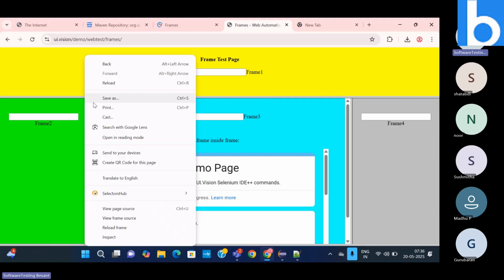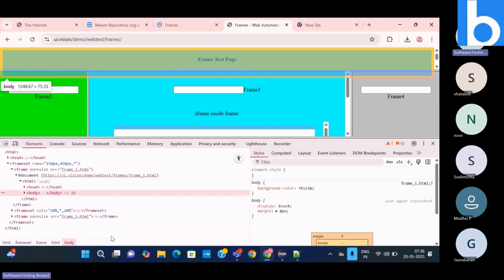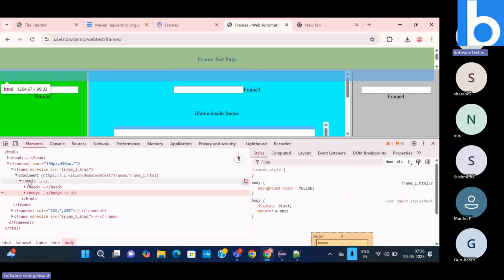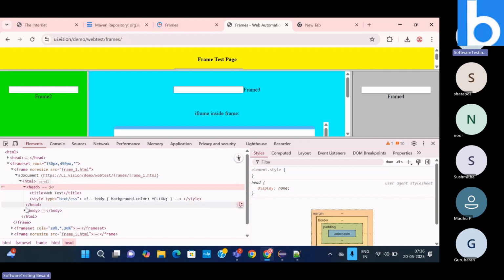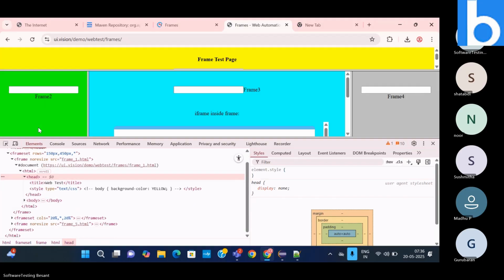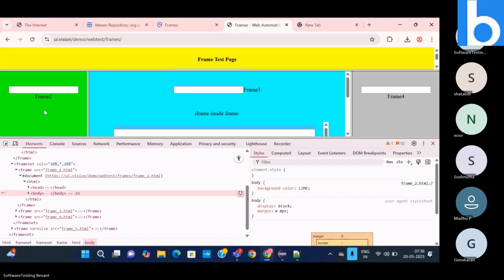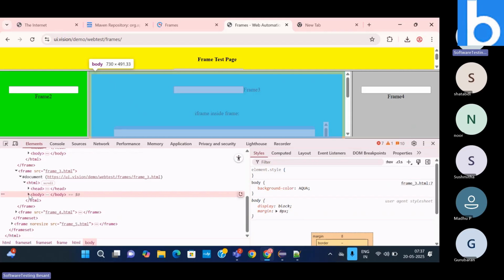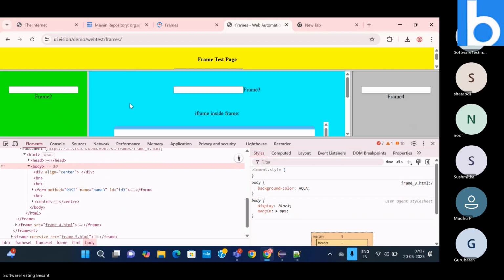When I inspect, you can see the difference. This is the whole first HTML tag. This is the whole website they have created. Inside of that, they have created the first page. This is the first one. Then when I expand all those, you can see this is the second one, and this is the third one. Inside the third one, you can see this is the whole third one. When I expand it, you can see